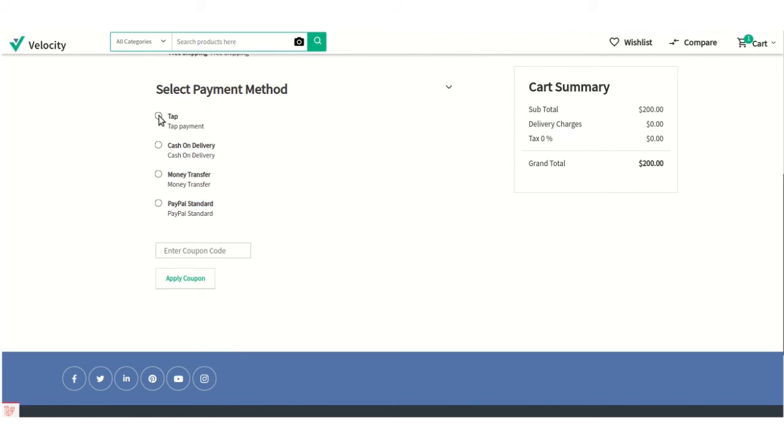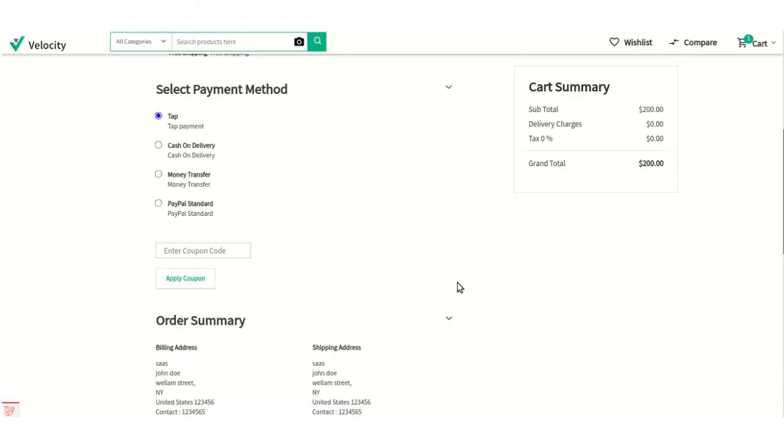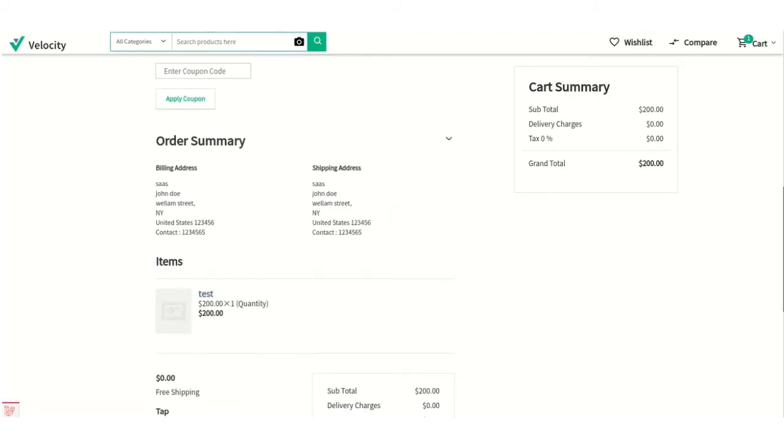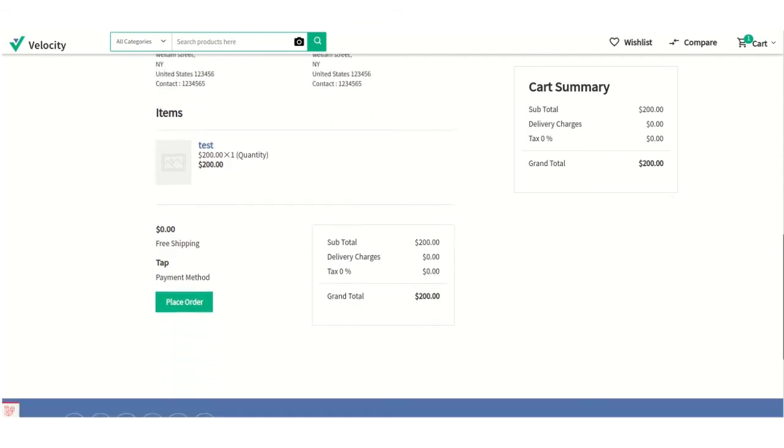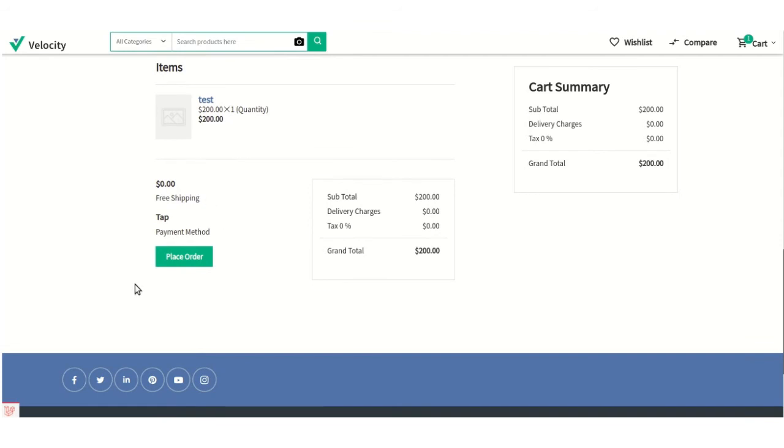After selecting the Tap payment method, under the order summary, the customer can see all the details regarding the product, all the details regarding the address and the payment method that has been used by the customer to place the order. After this, the customer just needs to click on the Place Order button.